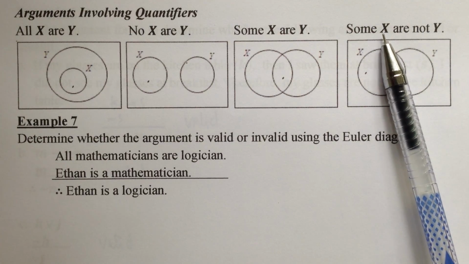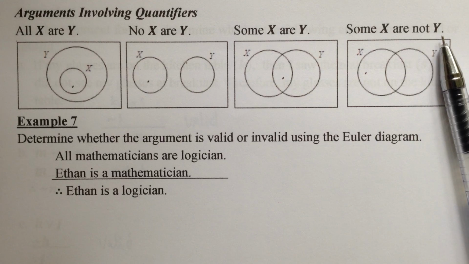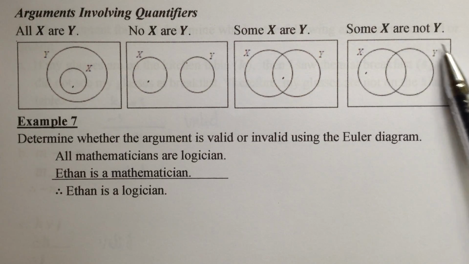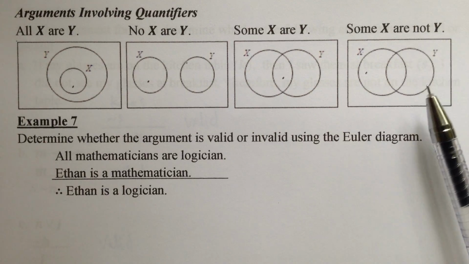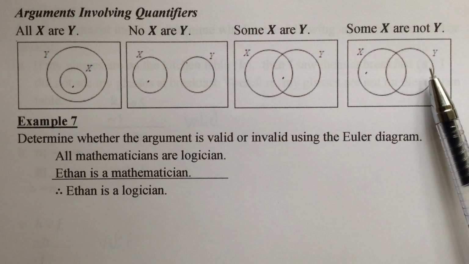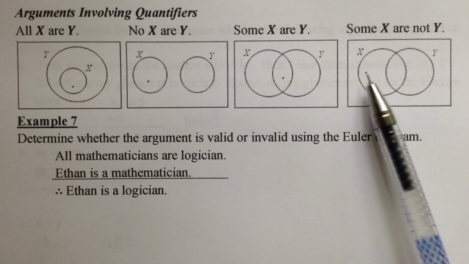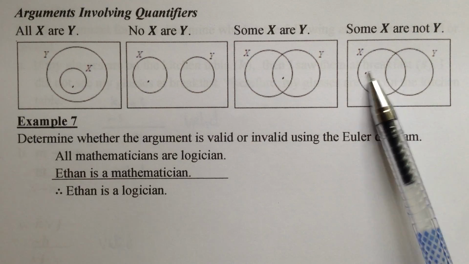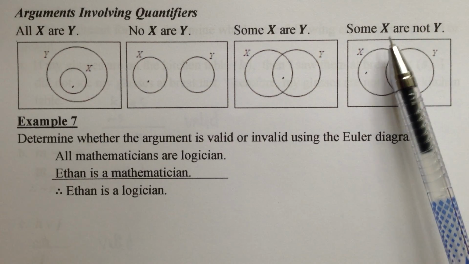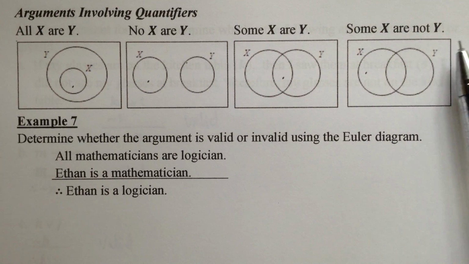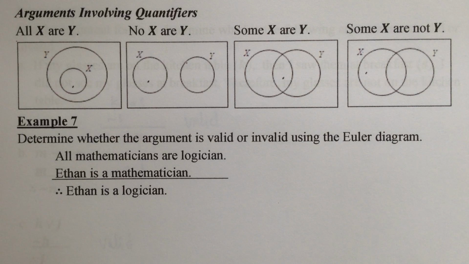And when you say some x are not y, it means that x and y have a common region, but there is one particular element that belongs to x but does not belong to y. In particular, this dot here, although it belongs to x, it does not belong to y. So that's what we mean by the statement some x are not y. Using this as our guide,